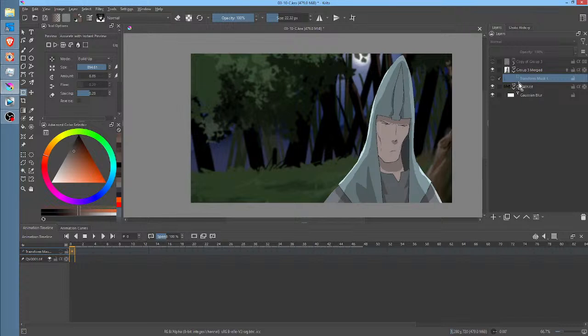I hope that makes sense. The key is you can't animate it. The transform mask can only be, in practical terms, used in an animated way if you're using the standard transform.